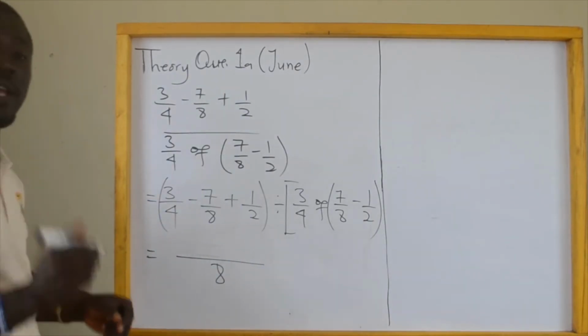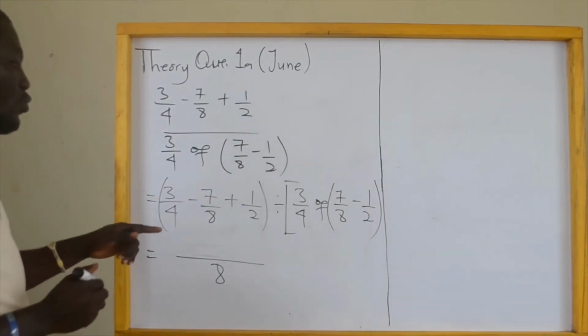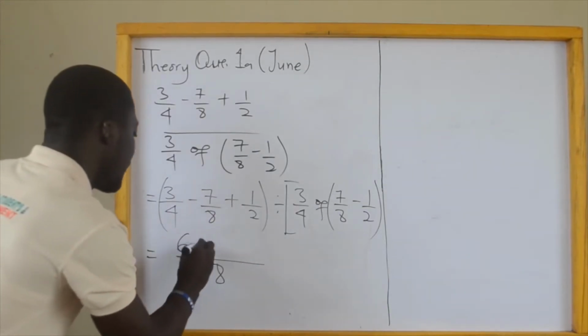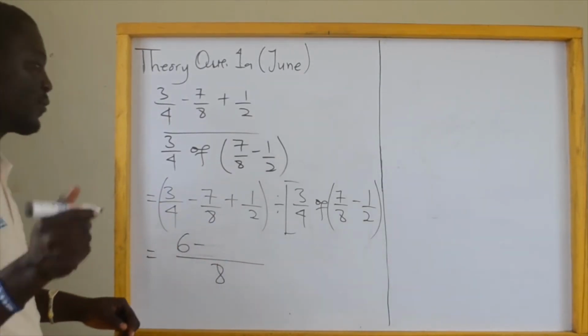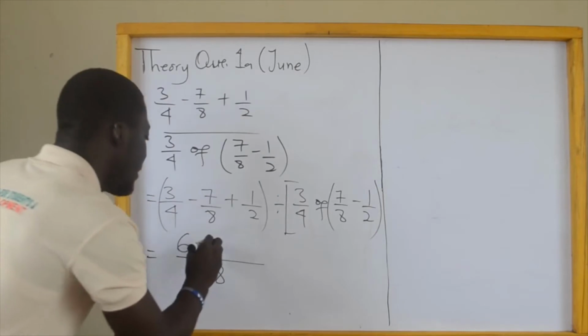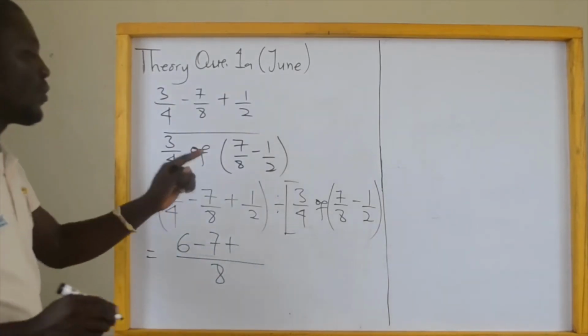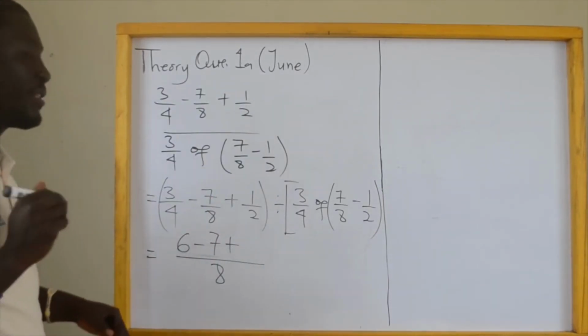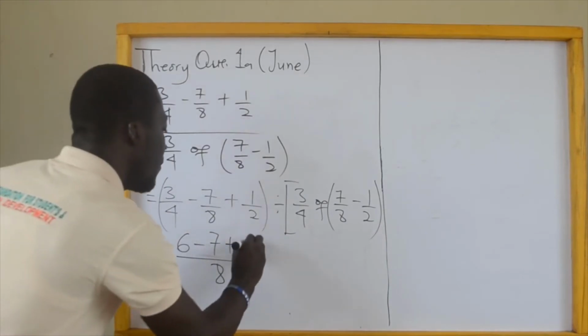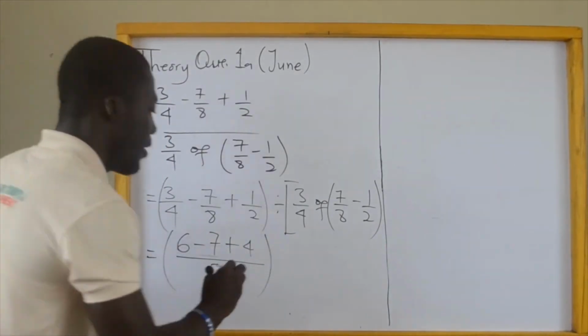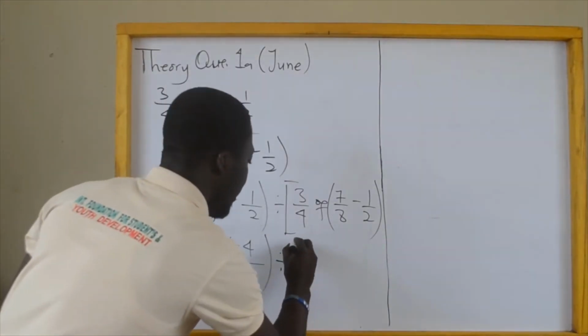4 goes into 8 is 2. 2 times 3 is 6. Minus 8 goes into 8 is 1. 1 times 7 is 7. Plus 2 goes into 8 is 4. 4 times 1 is 4. Divided by